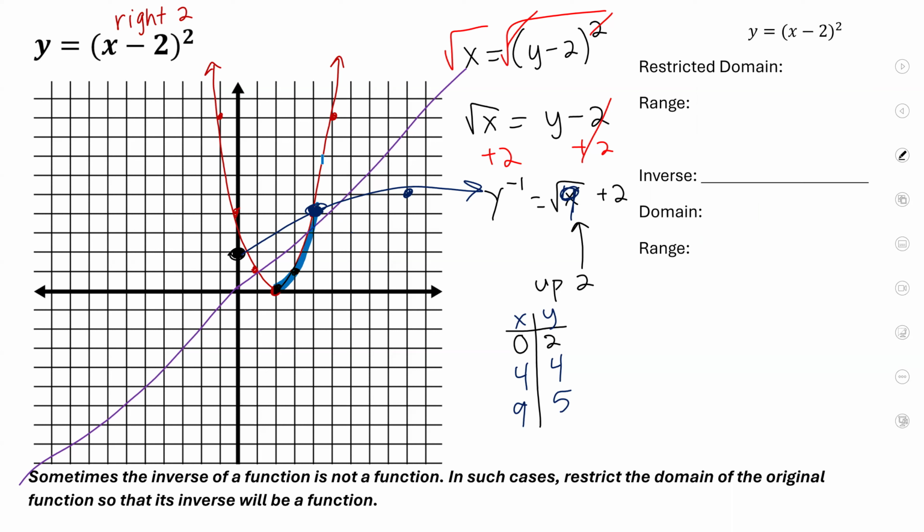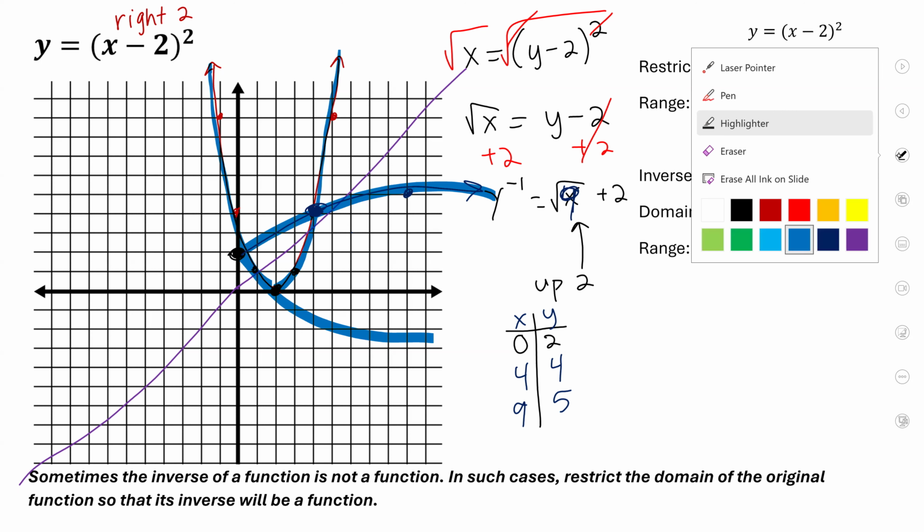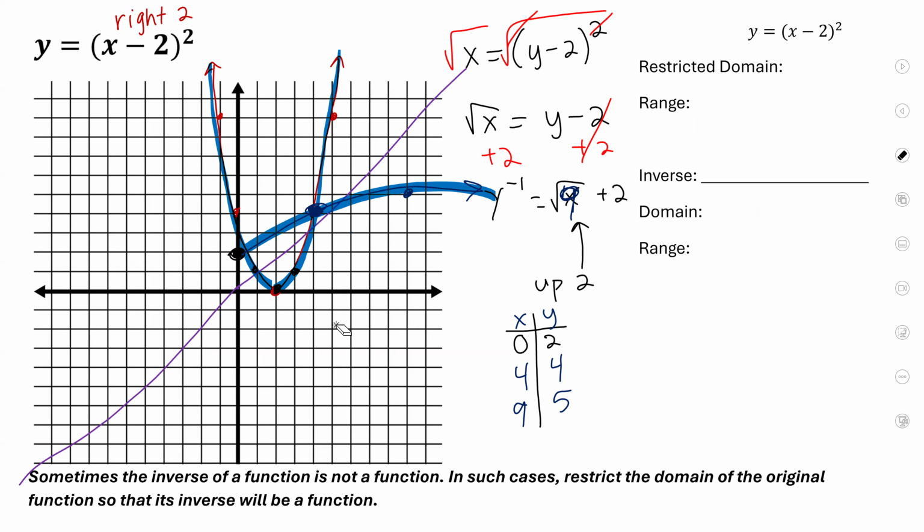This side is a perfect mirror image of this side, right? But the issue is we have this over here. That's nowhere on my new graph, right? That's not a perfect mirror image. If it was a perfect mirror image, it would look like this. But we don't have that. So guys, what we have to do is, look what I'm going to do, so that I have a perfect mirror image,